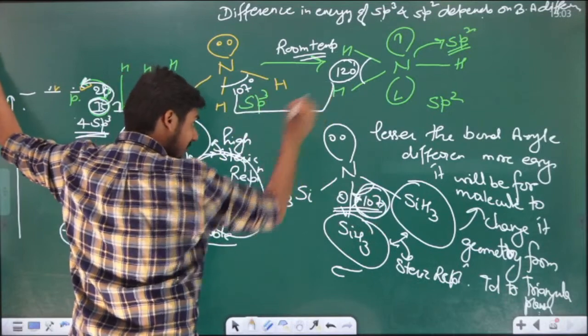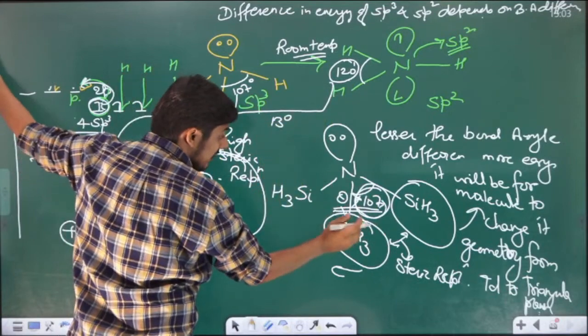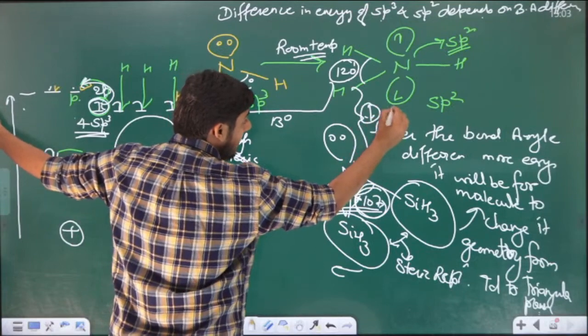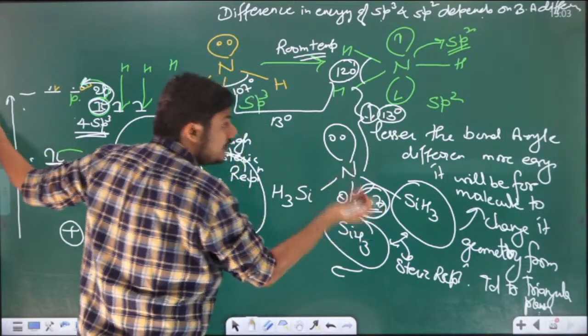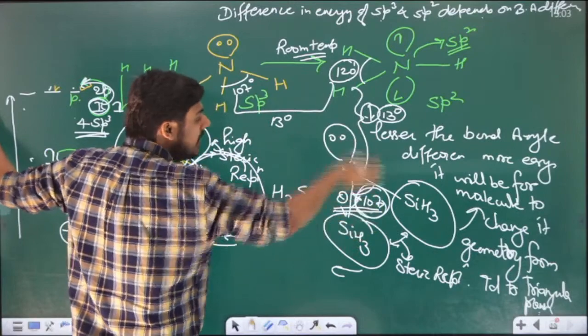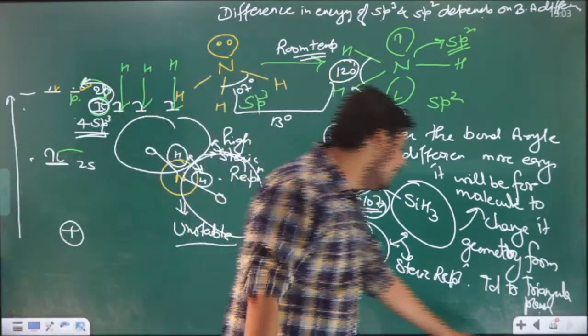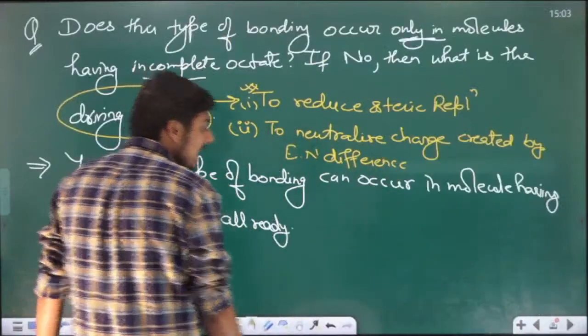Here the difference between the angles is 13 degrees. In the case of N(SiH3)3, this difference will definitely be less than 13 degrees, and if it is less than 13 degrees, then giving a small amount of heat or a small increase in temperature will change its geometry from sp3 to sp2. Definitely it will change, and whenever this change occurs,